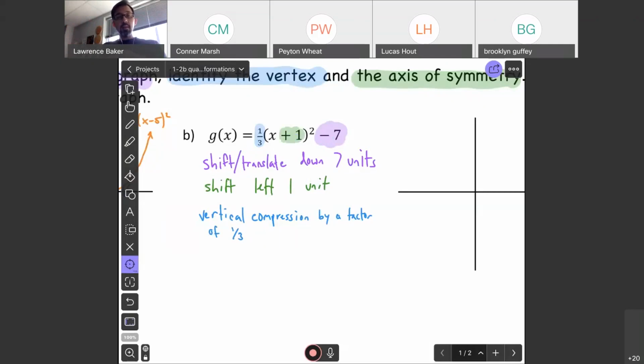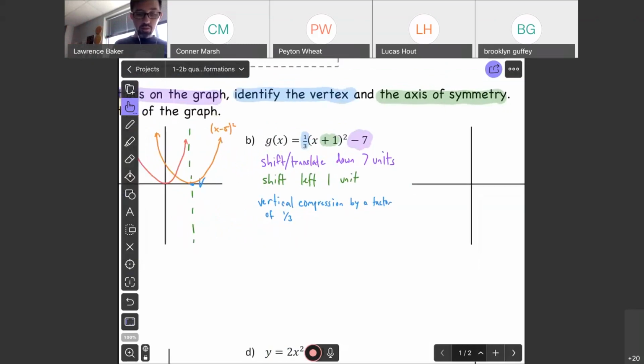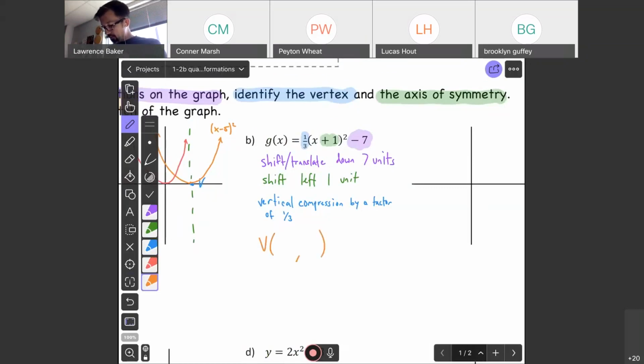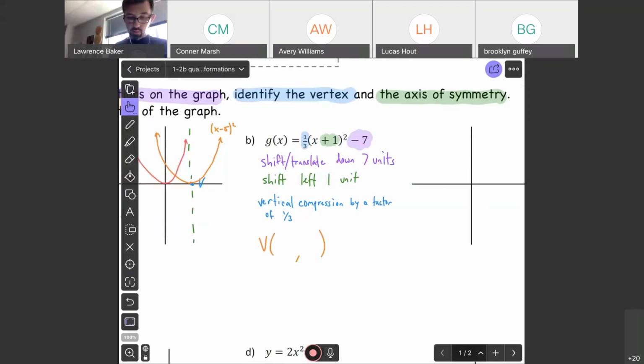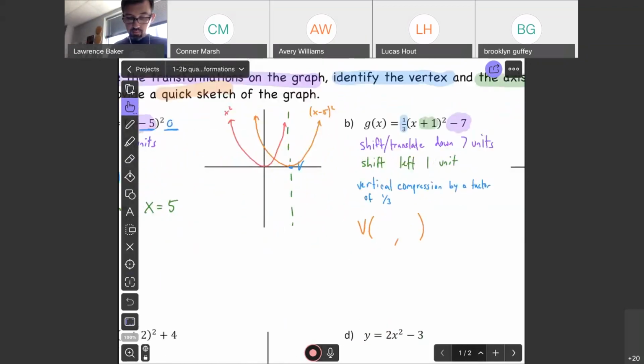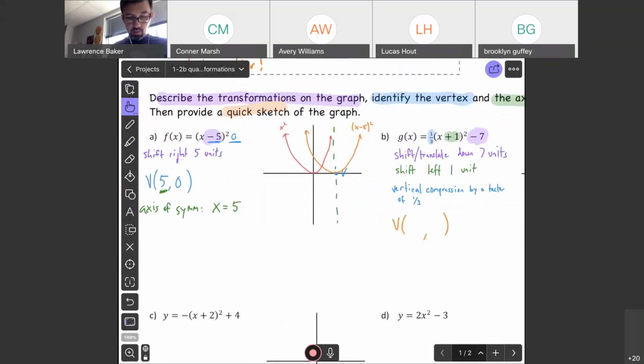That's good. So now the vertex. Where's our vertex? We should be able to look at this problem and say, boom, there's my vertex. Should be able to pick it out real fast. It just tells us. So where's our vertex? Avery, where's our vertex? Vertex again? Isn't that the point at the bottom? Mm-hmm. So we did it over here. Oops. No. We found the vertex at 5, 0 over here. Okay, so would this one be